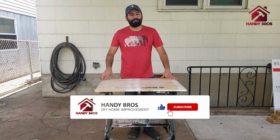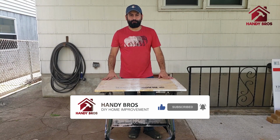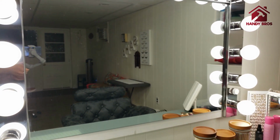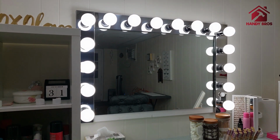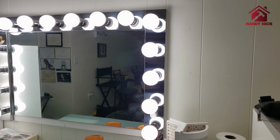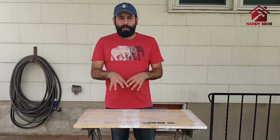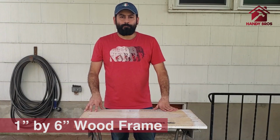Gonna show you how to DIY a Hollywood mirror in a very cost-effective way. So basically for this Hollywood mirror, we're gonna start with putting together a frame using a 1x6 wood, and we're gonna use the vanity mirror lights around it,